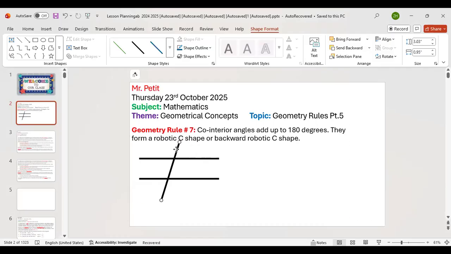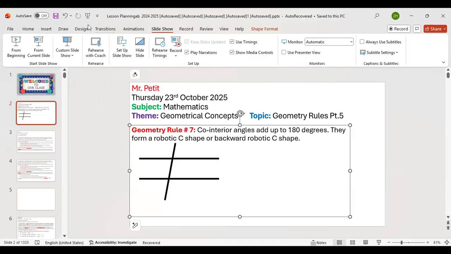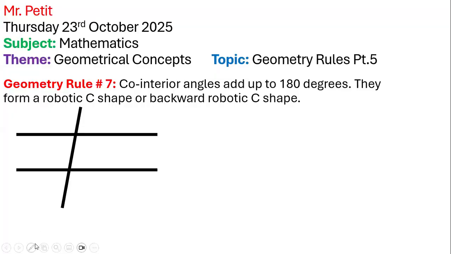All right, good. And so let's say we have that and something like this. And let's say that we have this angle right there. Can y'all see the C shape already or y'all didn't see it yet? I see it. Okay. Let me highlight it for the rest of us who don't see it yet. So this is going to be